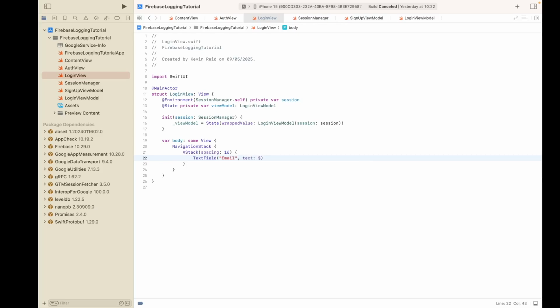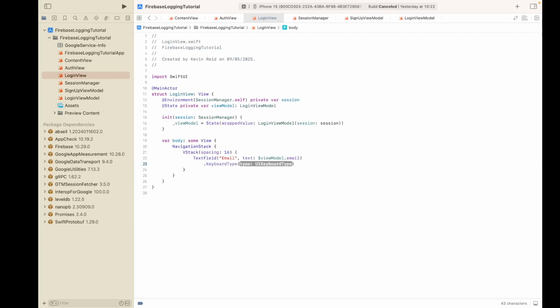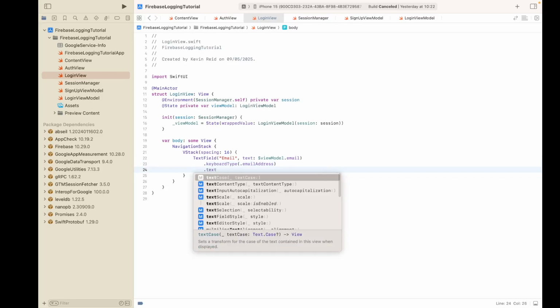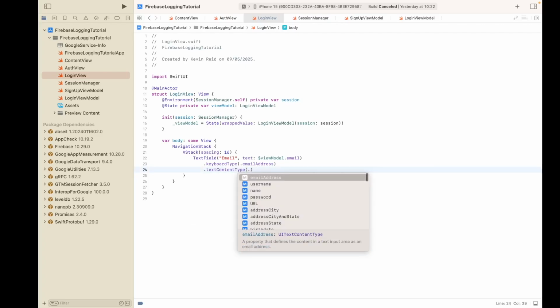Text, viewModel.email. We need to change the keyboard type so that the type is email address, so that it just has numbers and letters, including full stop and an @ sign. TextContentType, email,